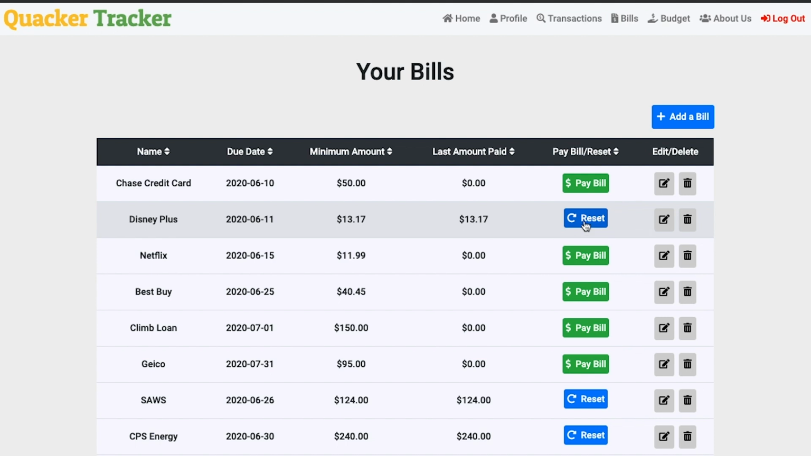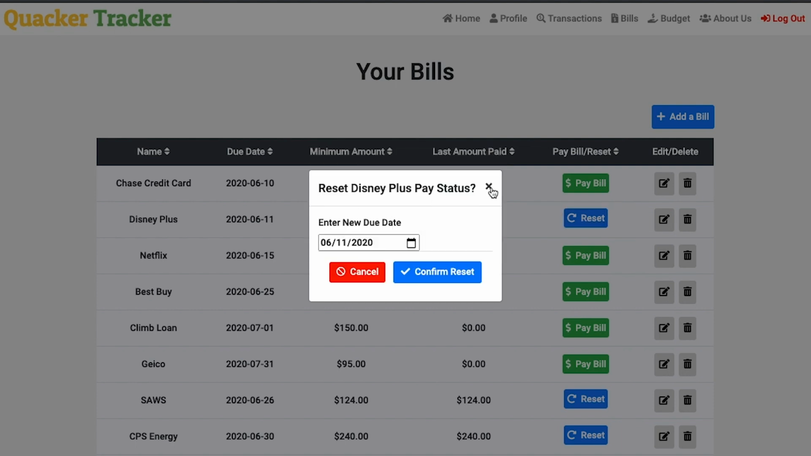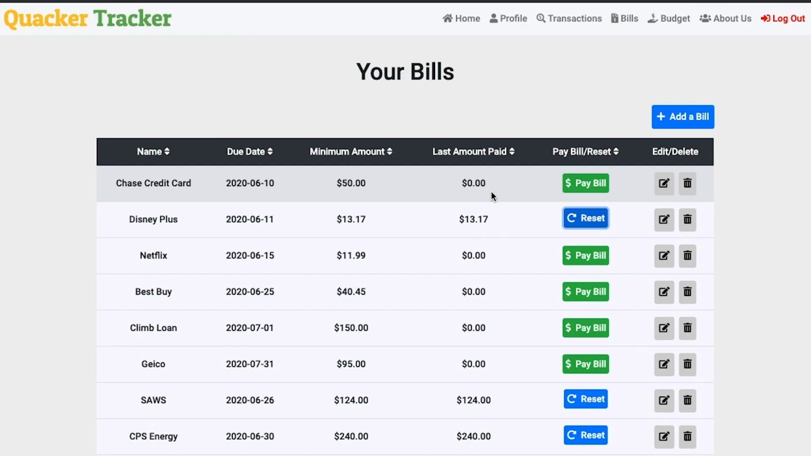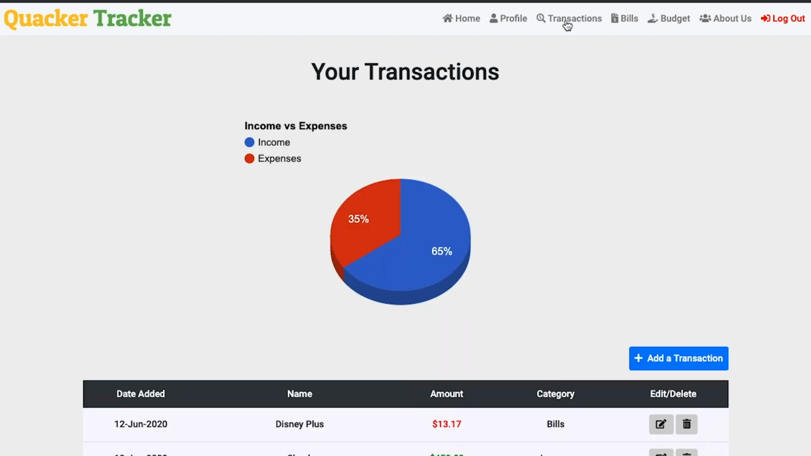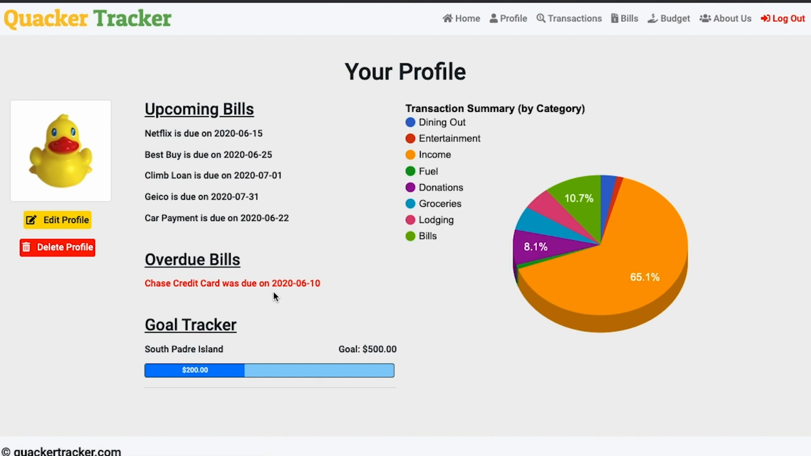Instead, we do see a reset button, which allows me to go ahead and select a new due date, resetting the pay status. In addition to these changes, in the transactions page, we do see that the payment is showing as our most recent transaction, and on the profile page, it is no longer being tracked. This concludes the bills. Now I'm going to go ahead and pass it over to the last of the ducks,